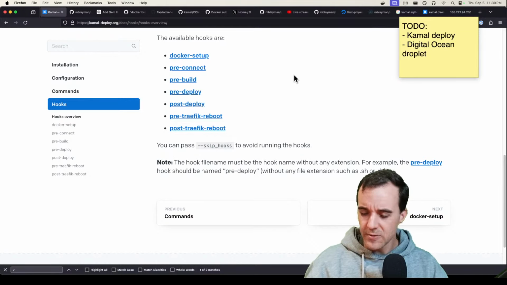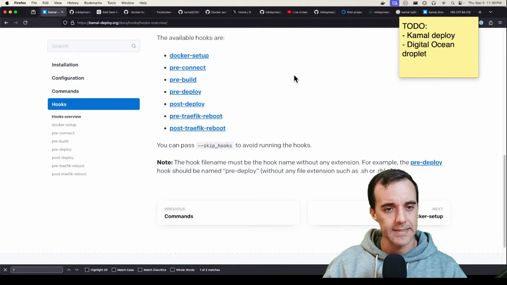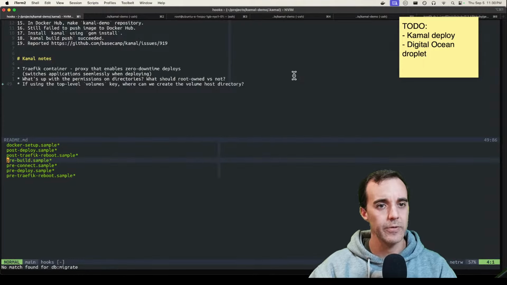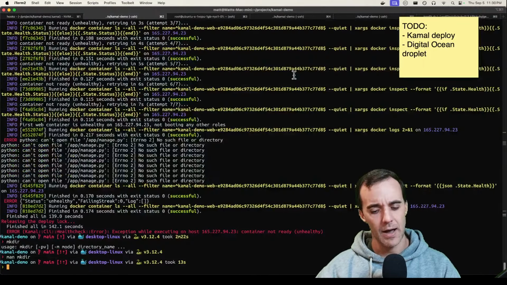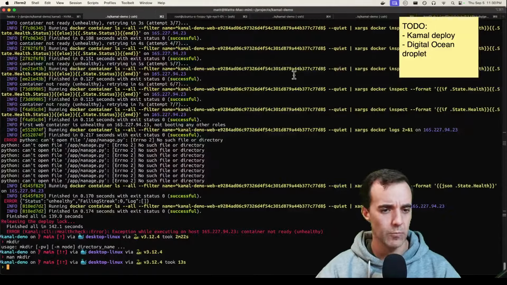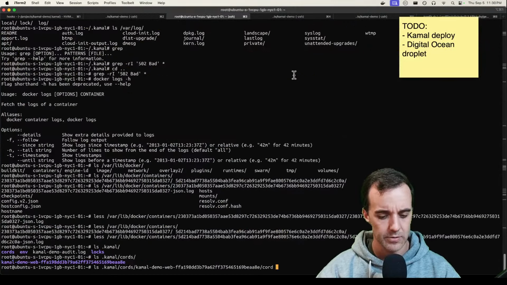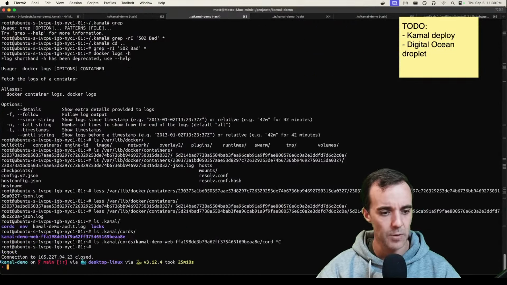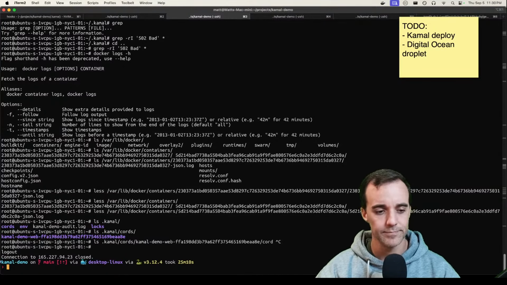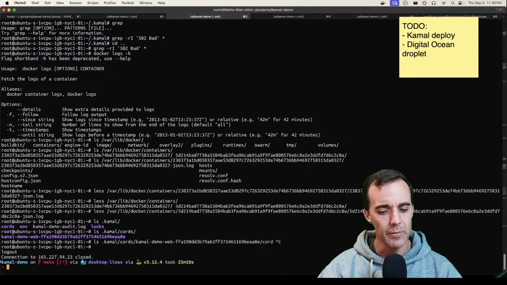All right, I think that's where I want to wrap it for the evening. We've seen a lot with Kamal this evening. At this point, we don't need this server. So this has served its purpose. In fact, I'm not even convinced. Well, we might want to go so far as